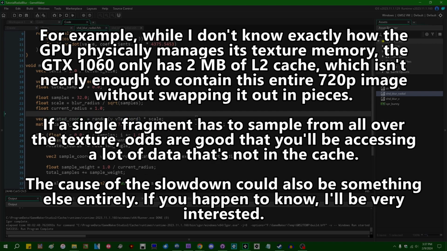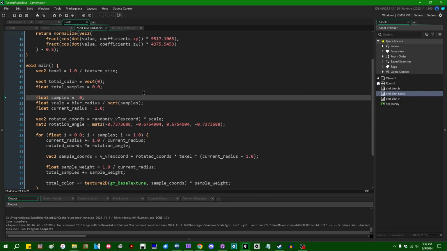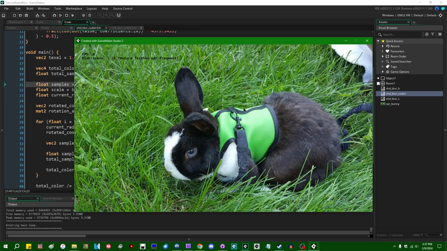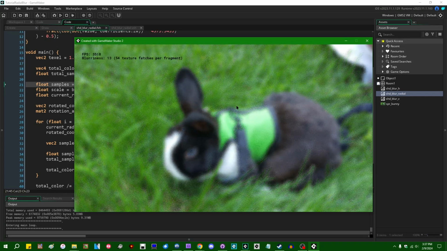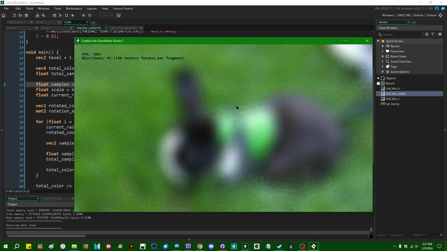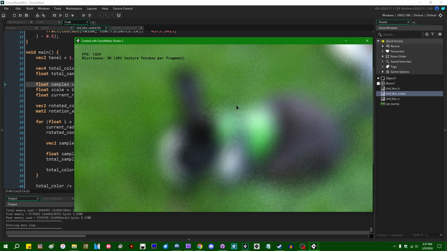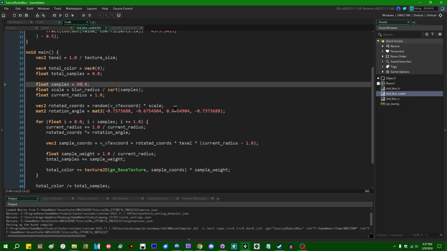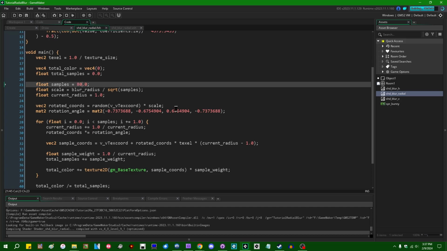Oh, I did say I would do one more thing. First, let's see what happens if we set a sample count of something lower, like 10. This will definitely produce a lower quality blur. The grain is more apparent here when I set the sample count to 10, although at a radius of 50, it's still not that bad. Whereas if I set this to something like 80, a much higher sample count than we had before,